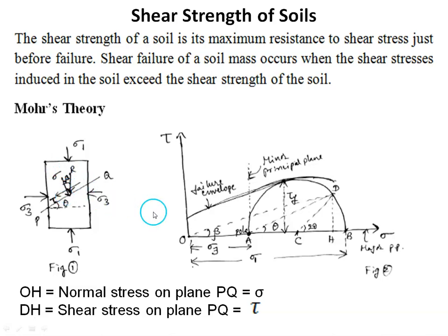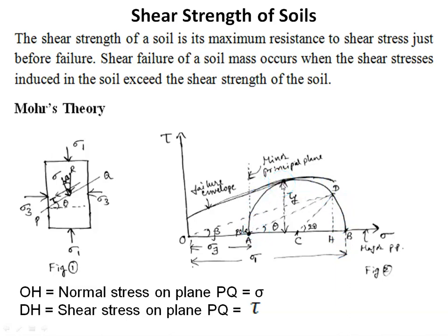So Mohr has developed a graphical solution to find these stresses. To draw the Mohr circle, plot the major principal stress as point B and minor principal stress as point A. Now look at the midpoint of AB, that is point C. Now taking C as center and AC as radius, draw a circle, which is called the Mohr circle. Because it is symmetrical about the x-axis, we can take only the semicircle.